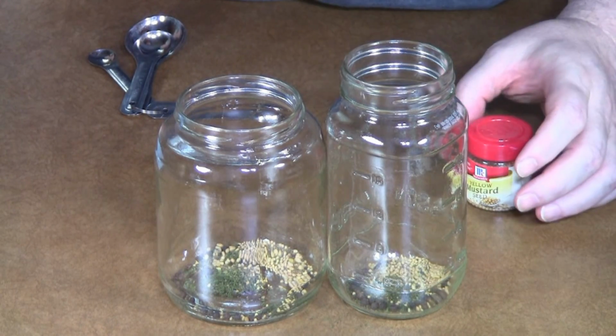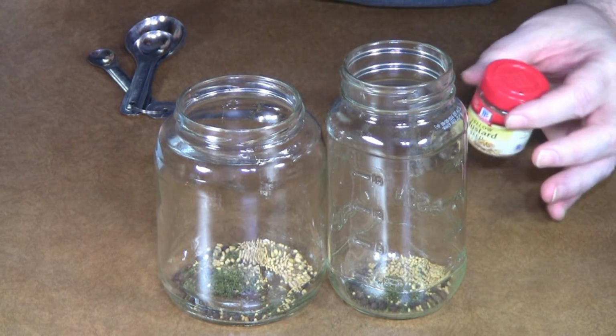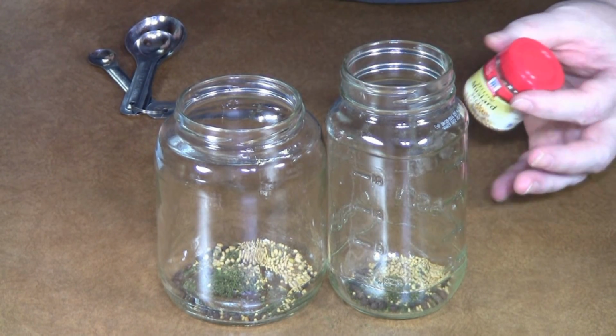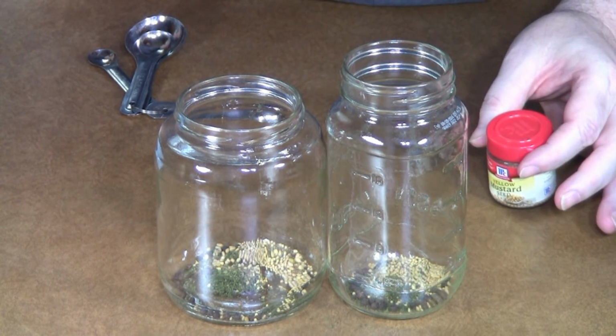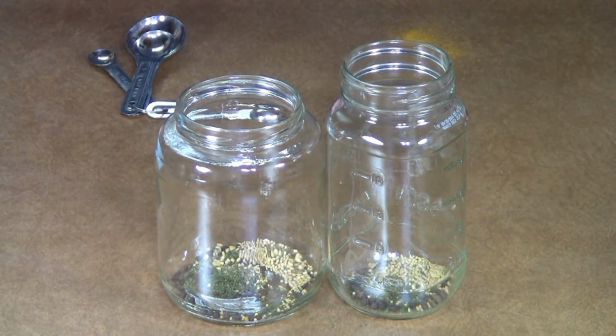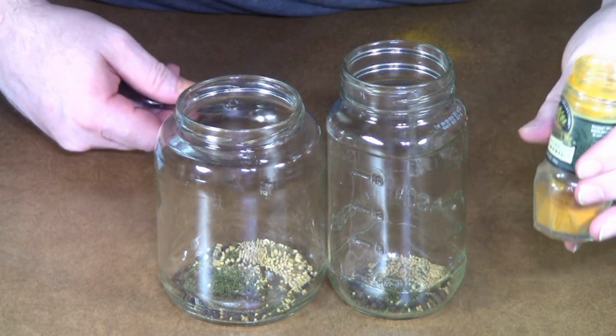Once again, when you're making these yourself, you can customize them to however you like best. If you love the mustard flavor, add more mustard. If you just hate dill, leave the dill out. It's okay. Make them the way you like them. Make them your own. And lastly, I'm going to add